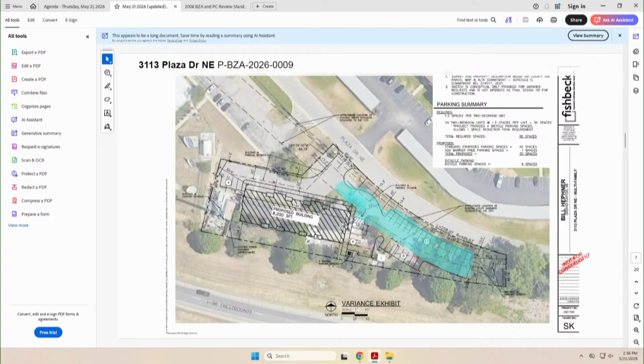The area of the parking lot in the front yard, as I mentioned, is identified in blue. The proposed project requires 36 parking spaces. The applicant is proposing 35 parking spaces. An EV charging space counts as 4 parking spaces, which the applicant is proposing. The proposed number of parking spaces meets ordinance requirements.